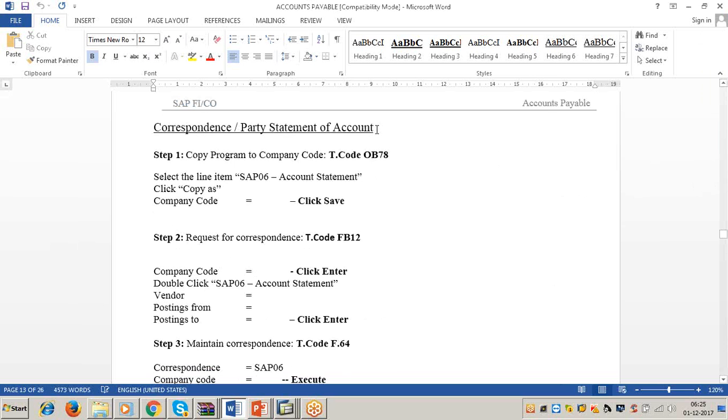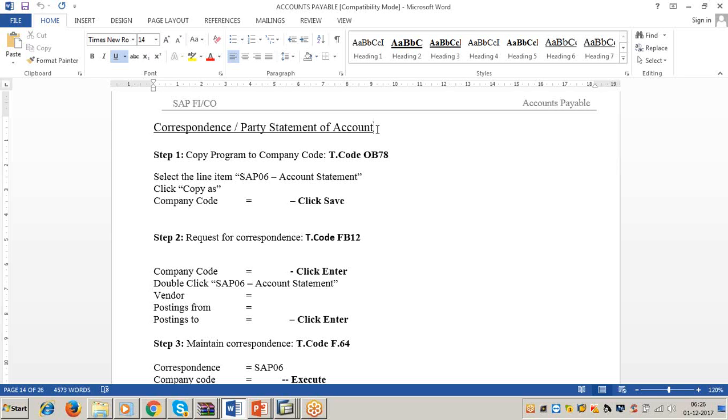Now, correspondence and party statement of account. It means an account statement. You have to send the account statement to the vendors and customers also. The account statement always contains the details of the postings with the vendor and customer. If you want to generate the account statement to be sent to a vendor, how is it to be done?